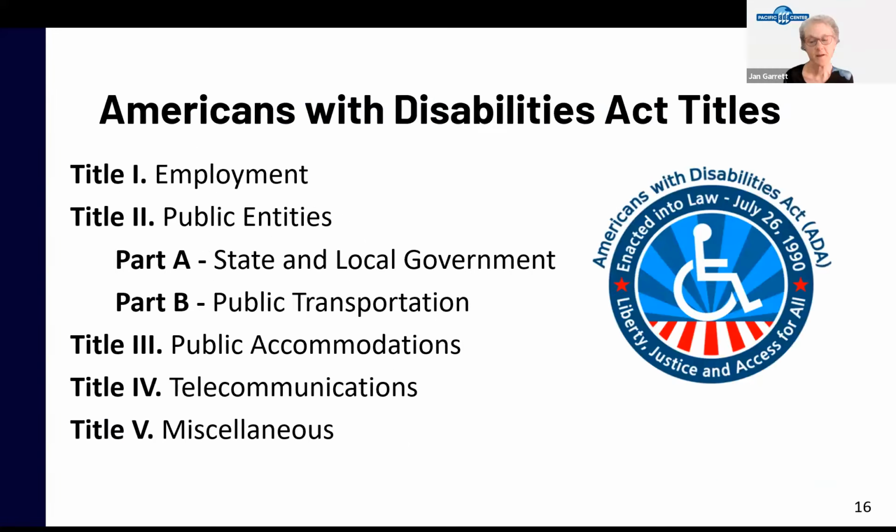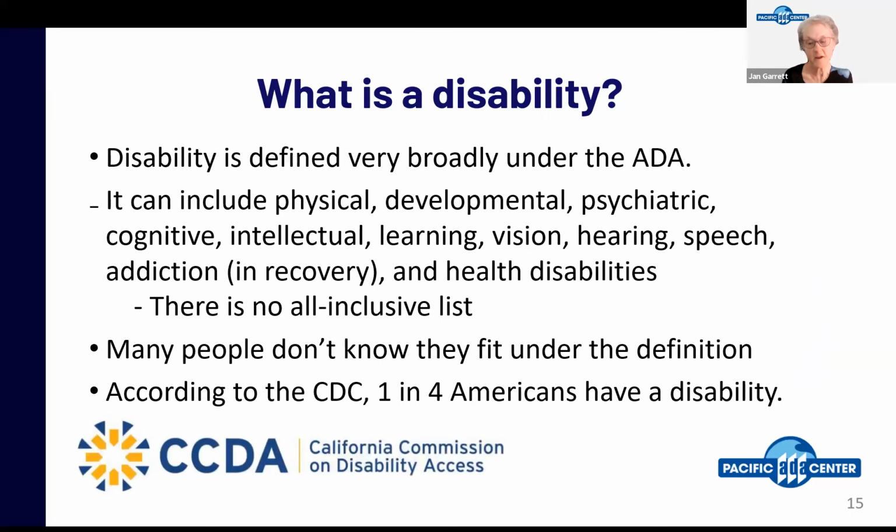This is Jan speaking. Even if you don't consider yourself to have a disability, it is quite likely that you know one or more people with disabilities in your life. So what is a disability as far as what the ADA says? As April was saying, it's defined very broadly under the ADA. There's no all-inclusive list, and it does include all those different physical, developmental, psychiatric, cognitive, intellectual, learning, vision, hearing, speech, and all kinds of